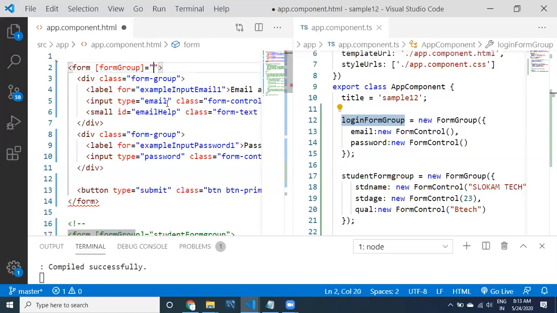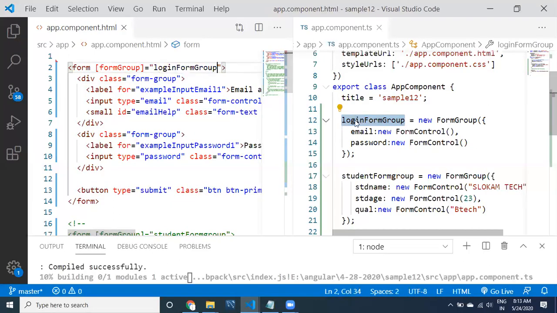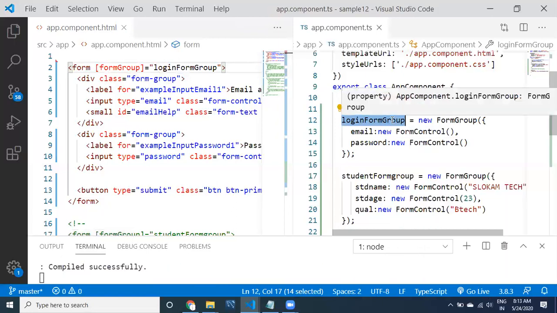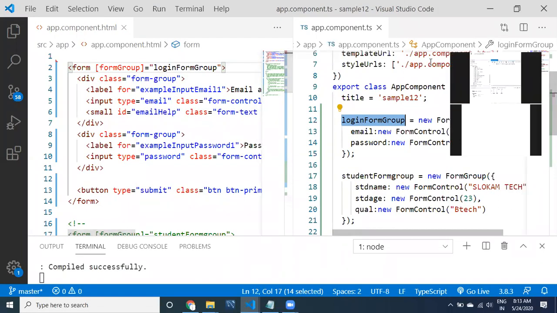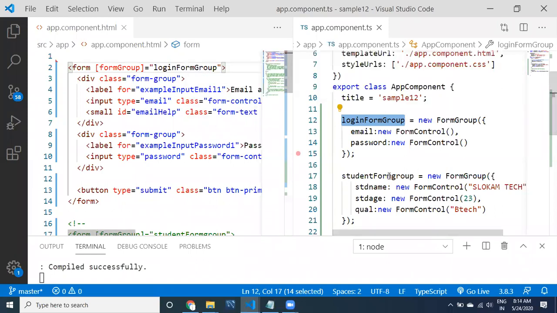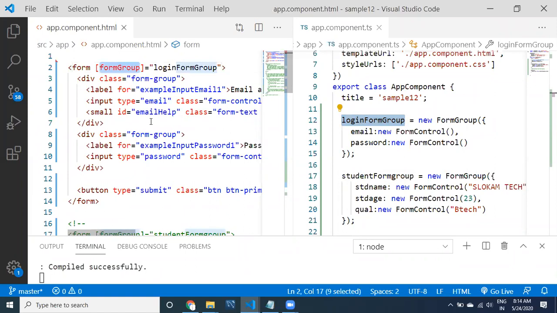For this I have to provide the property name, which is loginFormGroup. This property is of type FormGroup. One important piece of information: FormGroup and FormControl are defined in the module called ReactiveFormsModule.